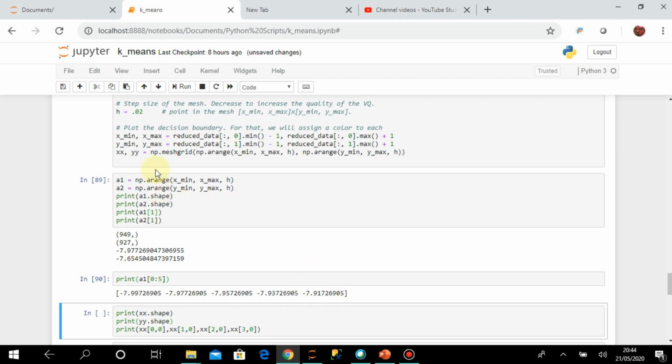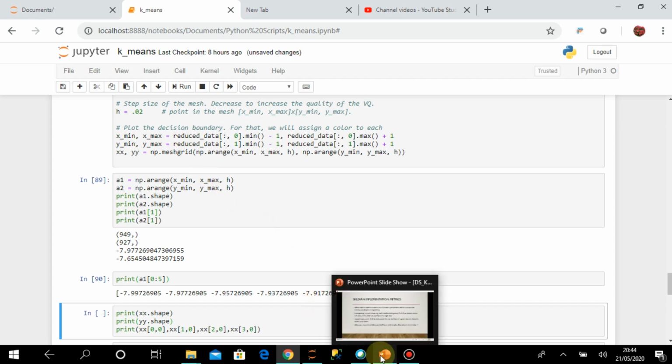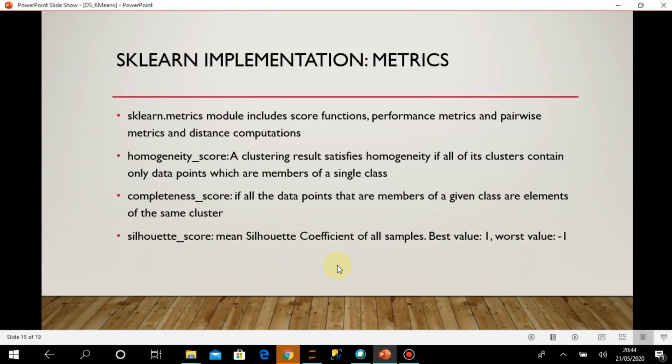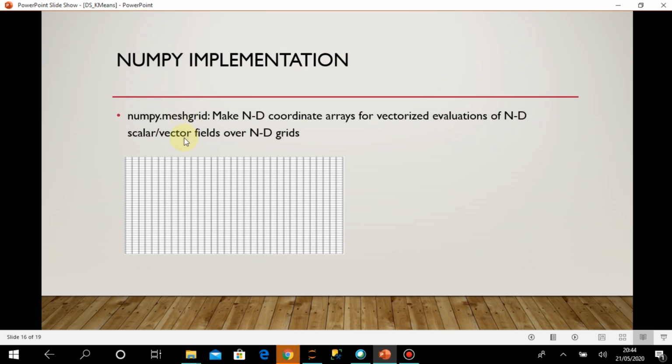Now we need to understand what meshgrid is. So I will go back to the presentation again. This is numpy.meshgrid. What it does is make n-dimensional coordinate arrays for vectorized evaluations of n-dimensional scalar or vector fields over an n-dimensional grid.